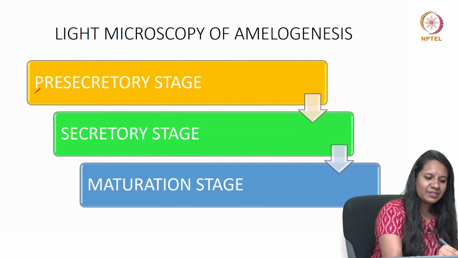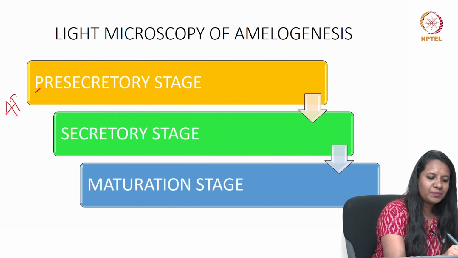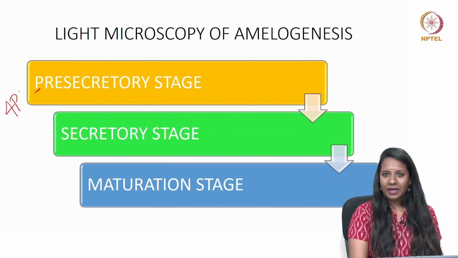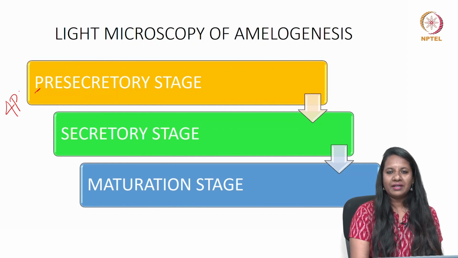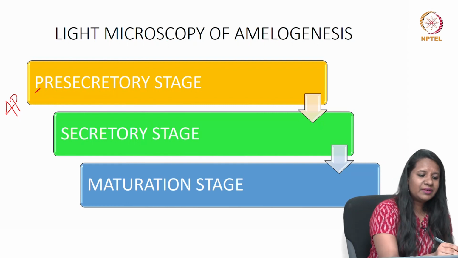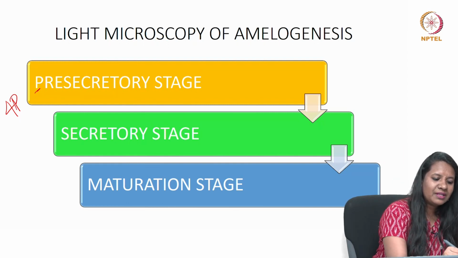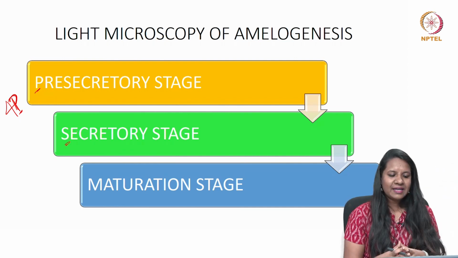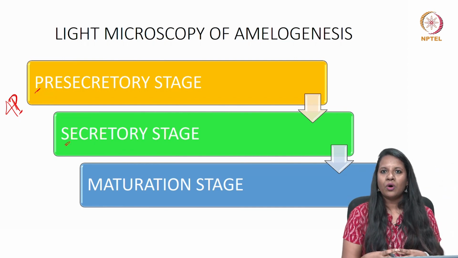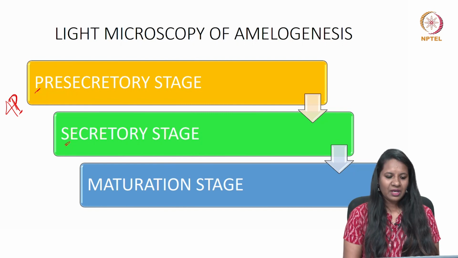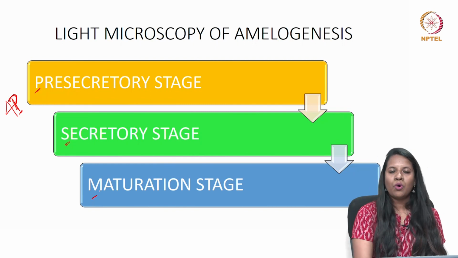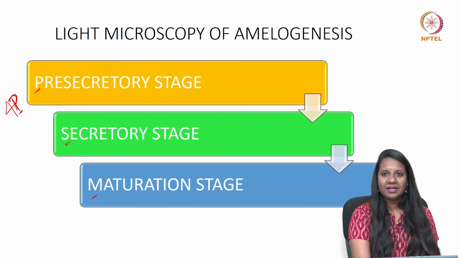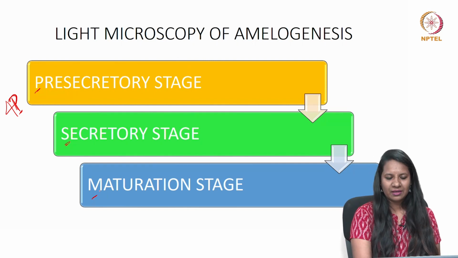In the pre-secretory stage, remember 4 P's, that is, the ameloblast will acquire phenotype, change polarity, and it has a high protein synthetic apparatus, and it will prepare the ameloblast to secrete the organic matrix. In the secretory stage, it will elaborate and organize the highly ordered tissue, and in the maturative stage, it will modulate and transfer ions so that concurrent accretion of mineral will occur.